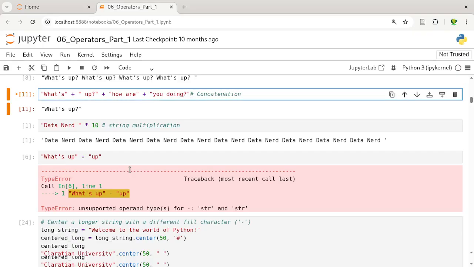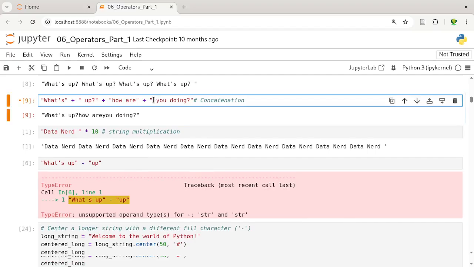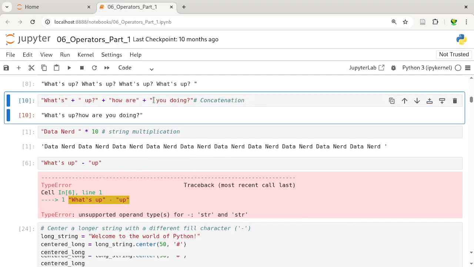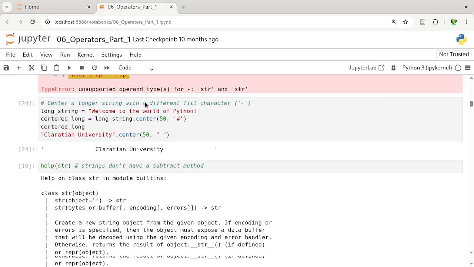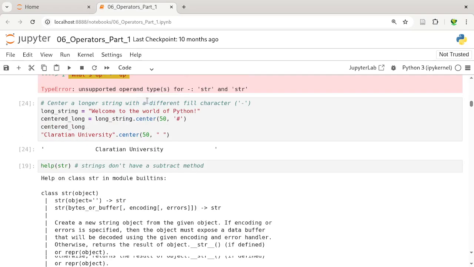So when you do the addition, it gives you one sentence put together like this. So that's it. It's called concatenation. Each of the strings are put immediately after another. Then we can also get help. Okay, we also have